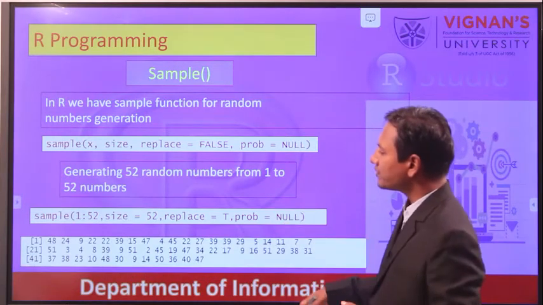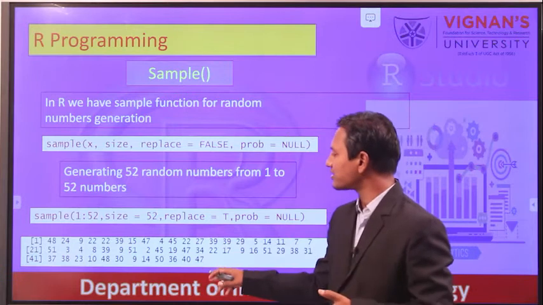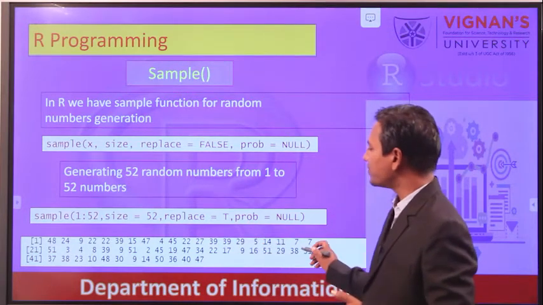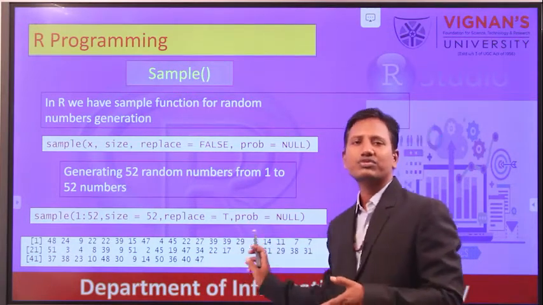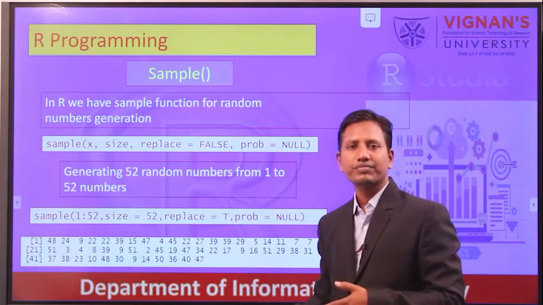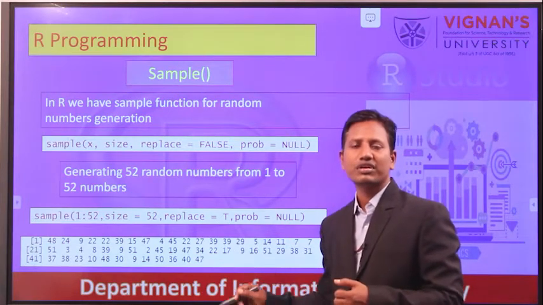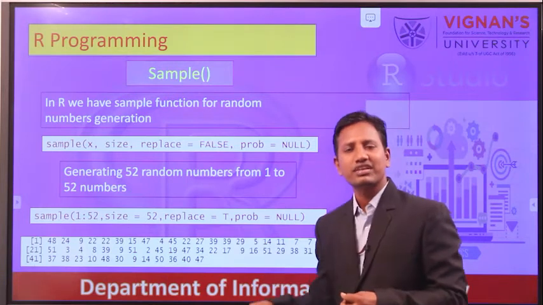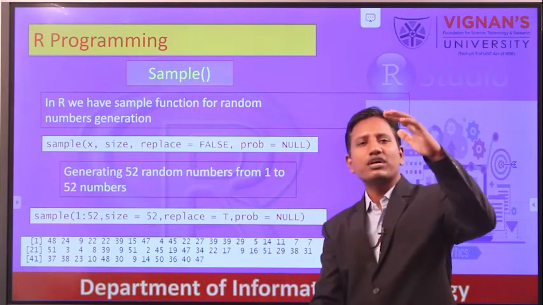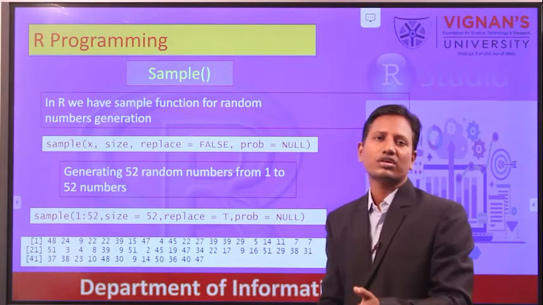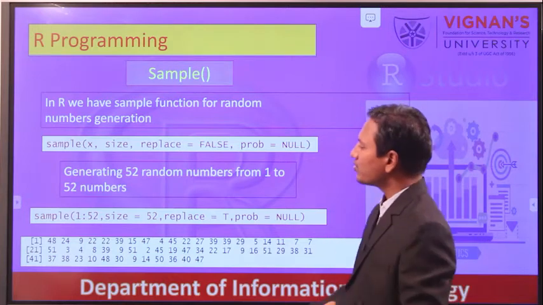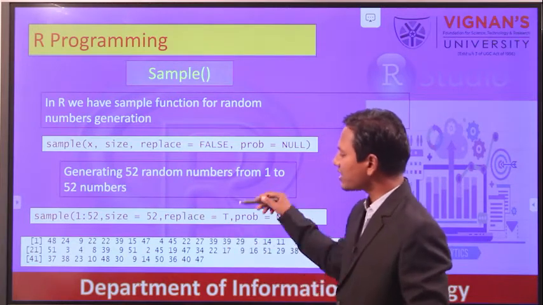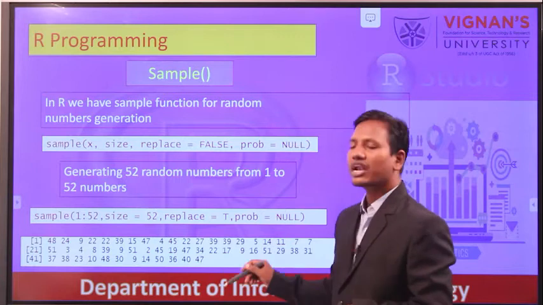If you observe, the sample function has generated 52 random values. Previously the deck of cards was in serial order 1 to 52. Now when I use this sample function, it has generated 52 random values.